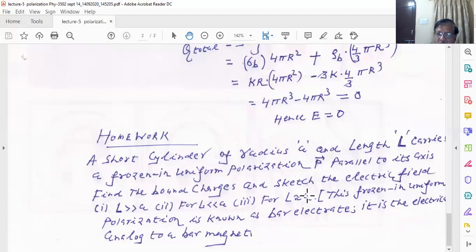Please solve this problem. Your CIA 1 examination is approaching. The syllabus of your examination is up to lecture 5. All 5 lectures are included in your examination, so please prepare all 5 lectures. The assignments of class number 3, lecture number 4 and lecture number 5 will be uploaded after your CIA